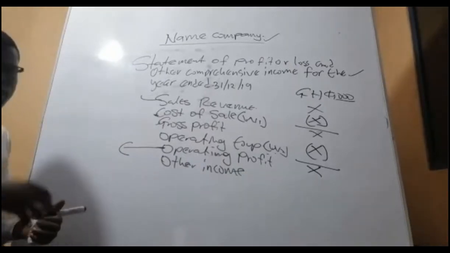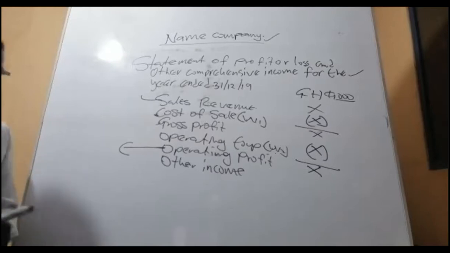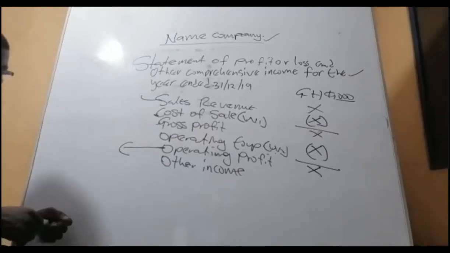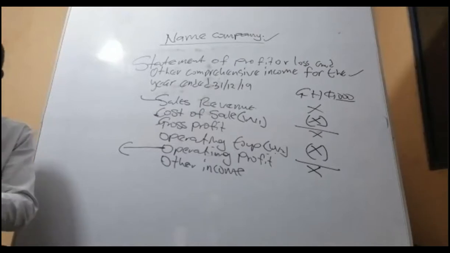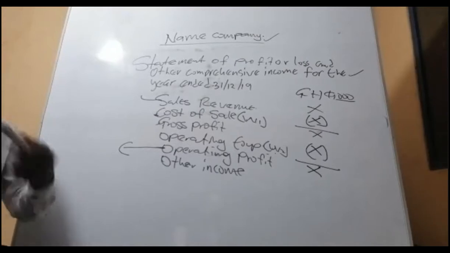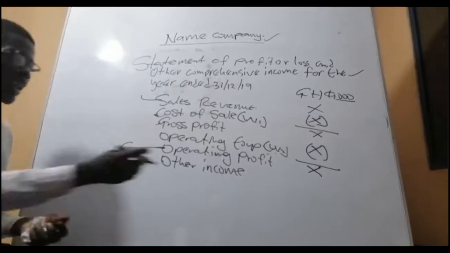And sometimes we earn additional income because we take advantage of some of the opportunities that come our way. For instance, we are buying and selling tomatoes. Just in front of our shop there's a small car park, so we decided to create a car park. It's a busy terrain, so people come and park their cars there for an hour or two for a charge, and it's giving us money. Meanwhile, we did not register our business to set up a car park. So that's other income.